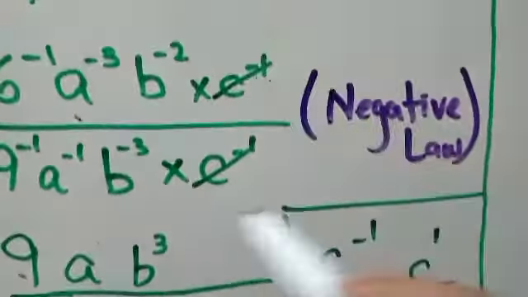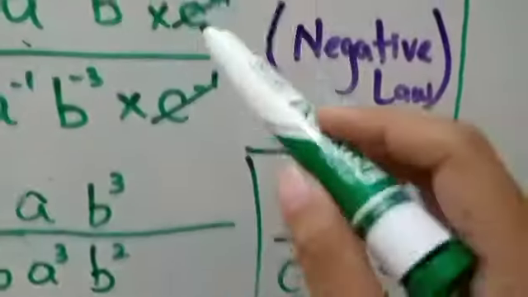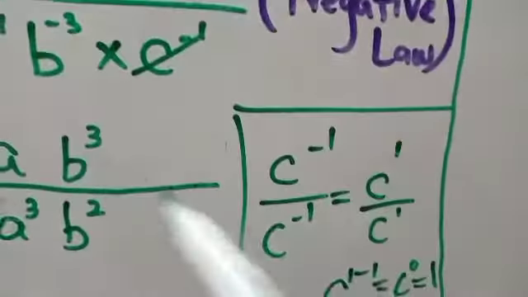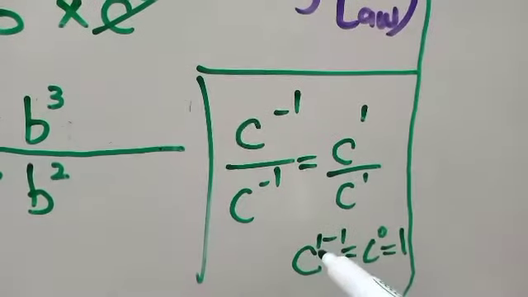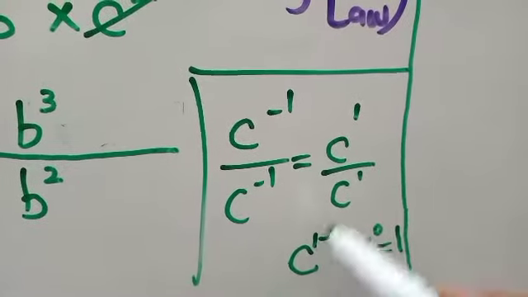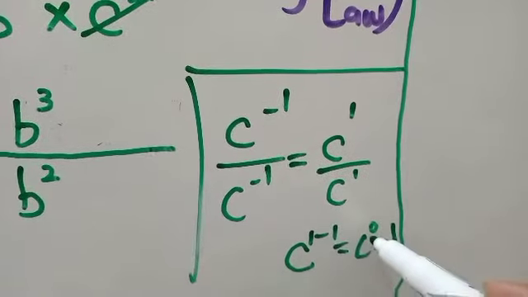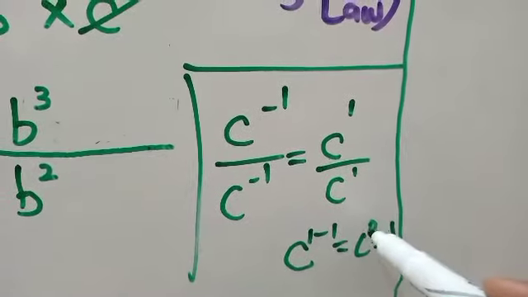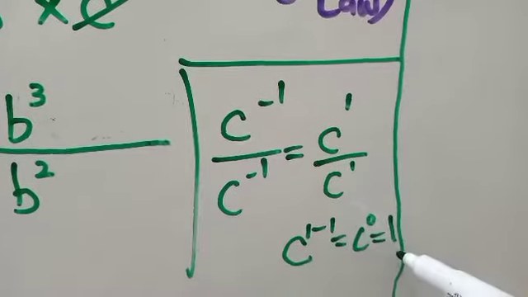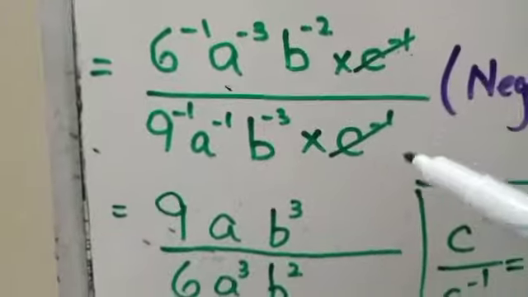I have separately given this concept to you. I do not want you to get confused why I have cut it over here. I've cut it because this becomes positive over here, this becomes positive over here. When you apply quotient law of same base, 1 will get up and it will be minus. So plus 1 and minus 1 will give you 0. C raised to the power 0: any variable or number raised to the power 0 is equal to 1. 1 doesn't have any value, so I'm not writing it over here. Just cut c over here.